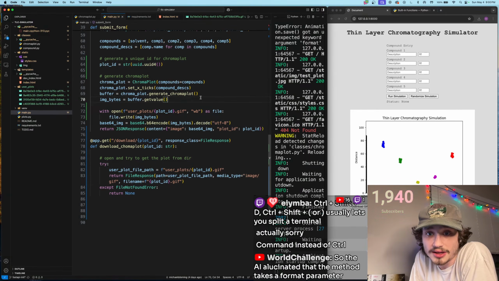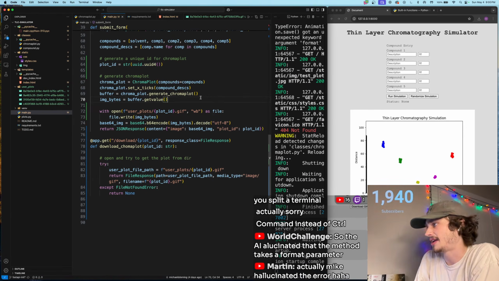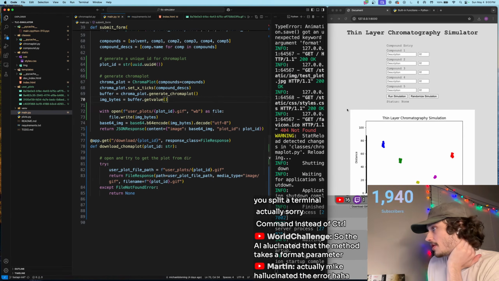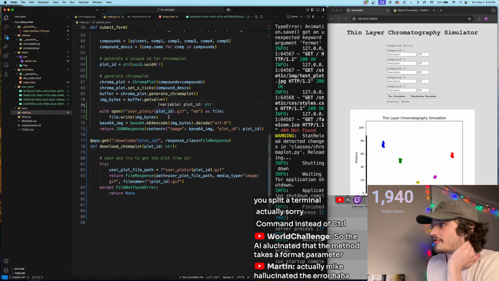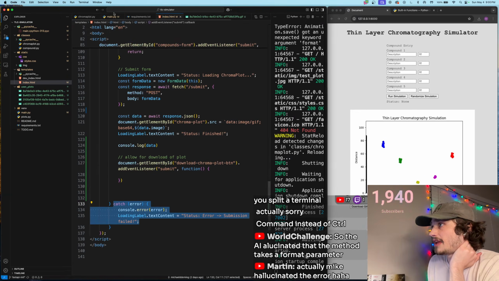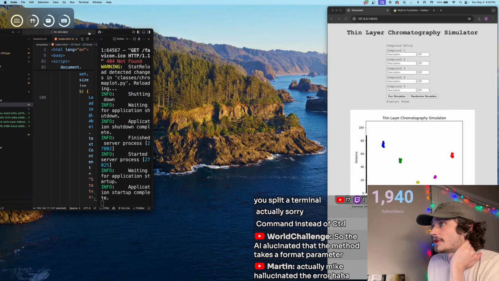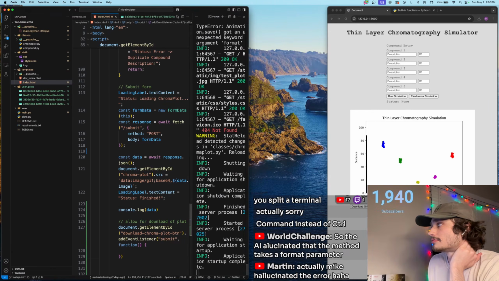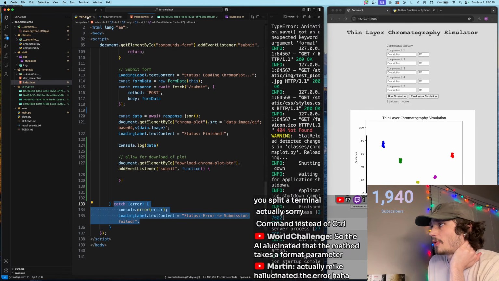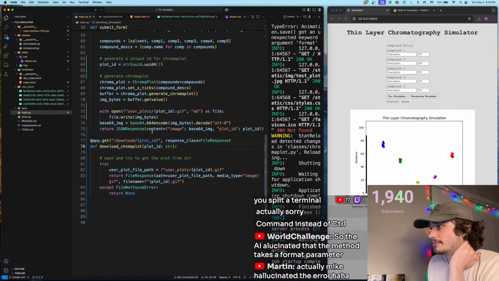So the AI insinuated that the method takes a format parameter. Yeah, it did. So it tried. It was wrong, right? Because it was inferring. But it wasn't wrong because it didn't know the context of what my write was doing. I'm writing the